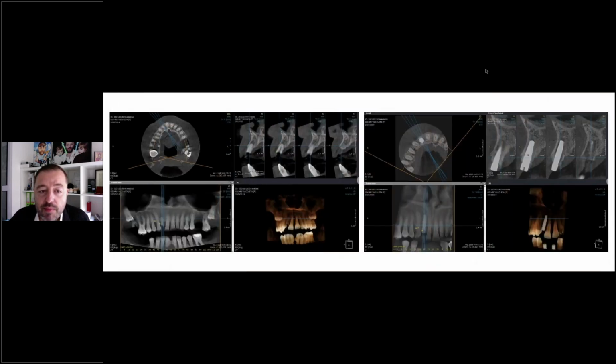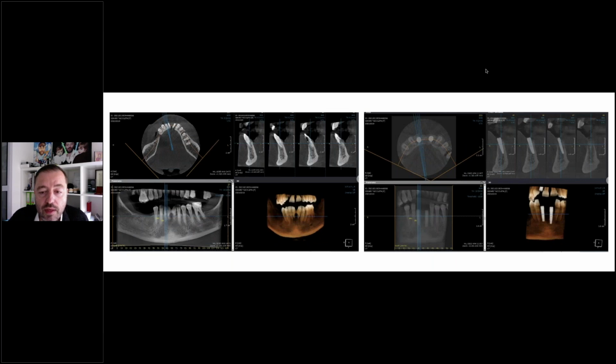And here is the CBCT scan before, and you can see the CBCT scan after the surgery, and you can see the BIOS granules that are filling the gap and also you can see the level of the tissue level implant. And here on the lower side, again, before implant placement on the right